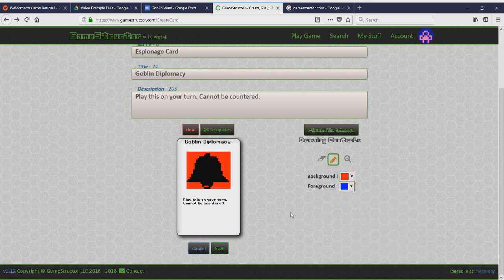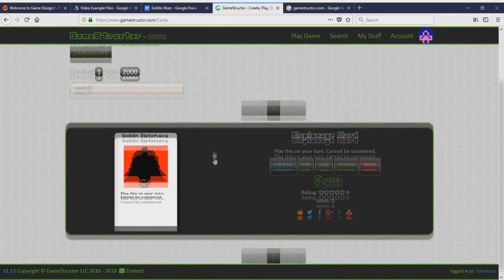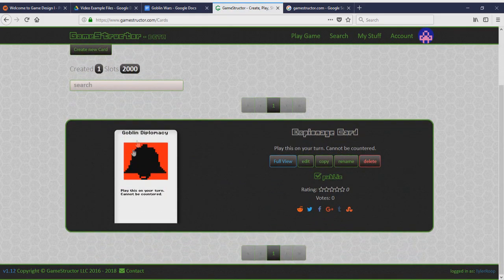That's not working. Well, the foreground doesn't work, but the background does. So just change the background color. How about that? We're gonna go ahead and save this card. So now we have these cards we can actually use in our actual game, but we can't do that until